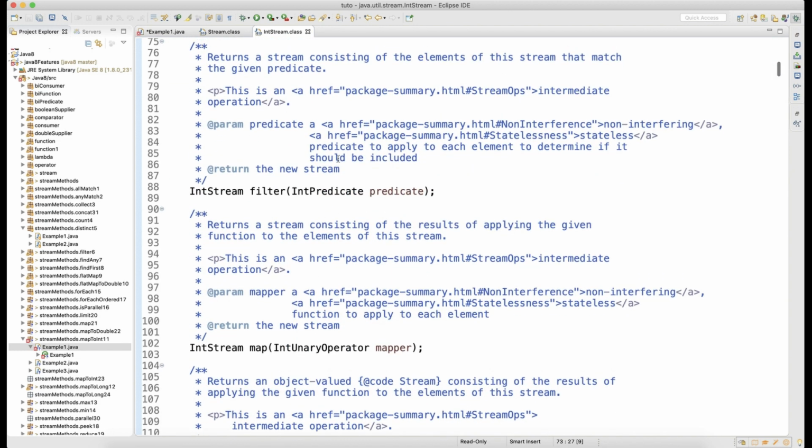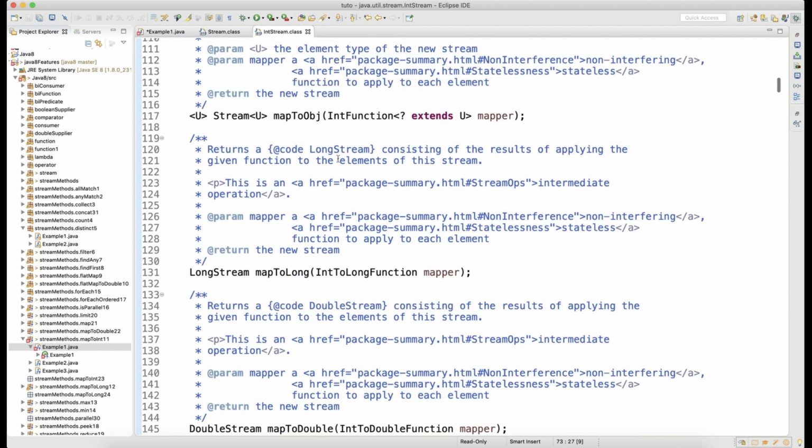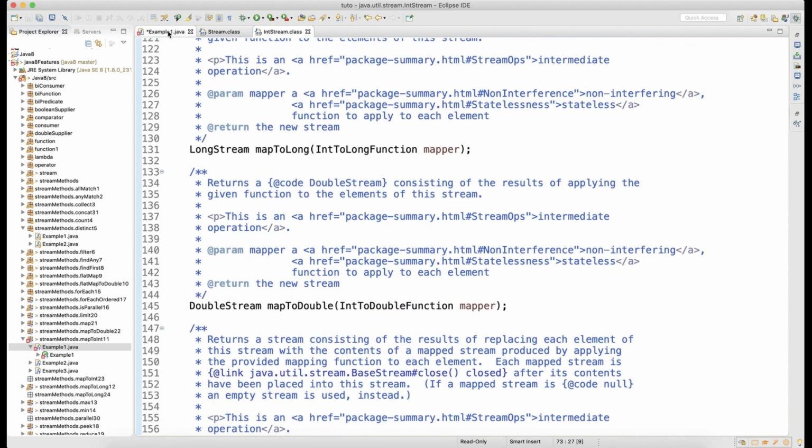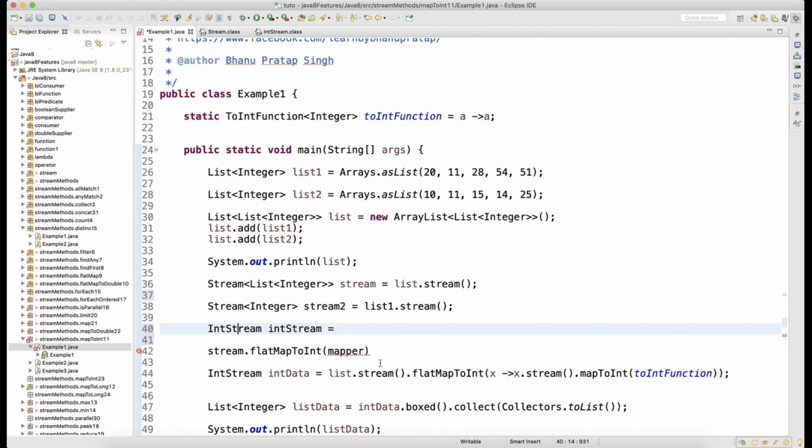And it has a lot of methods inside that. If you go inside that, it has a lot of methods in the IntStream, right? Map to long, map to double. So there are a lot of methods inside. Now